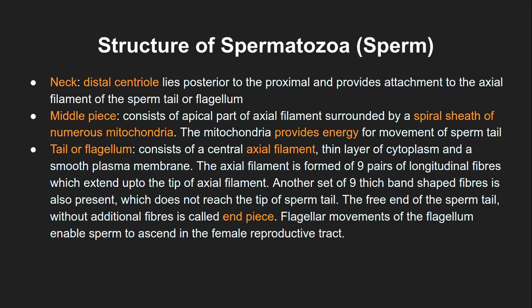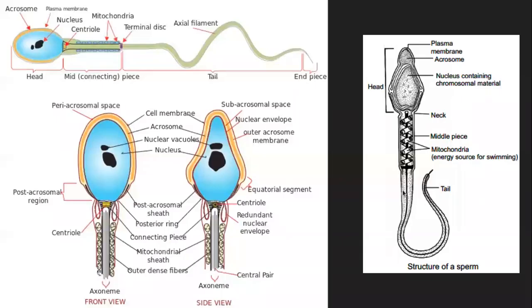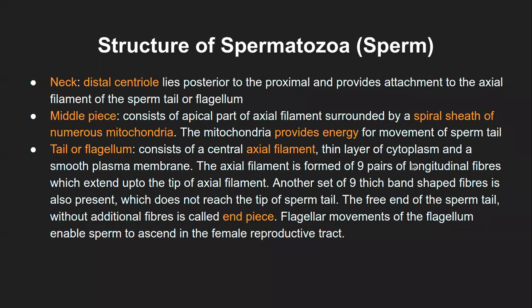So here also the axial filament is made up of those proteins, and a thin layer of cytoplasm and a smooth plasma membrane. So if you have noticed, there is a thin layer around the central line, which is the axial filament. On both sides you have cytoplasm. Now again, imagine in 3 dimensions, through a tube there is a very thin filament going through. That's what is the axial filament. This tube has a very thin plasma membrane structure, which is these outermost lines on both the sides. So that is the structure of the tail.